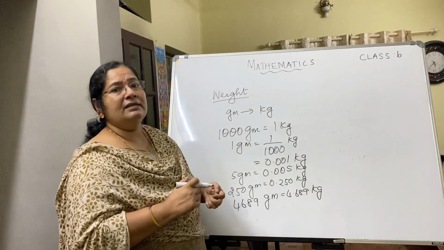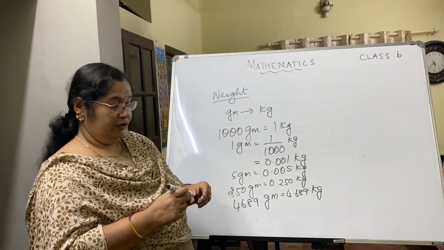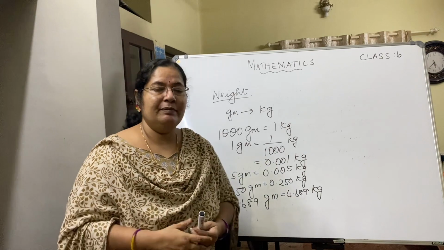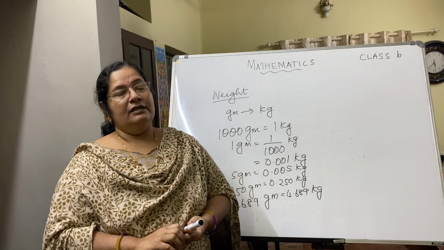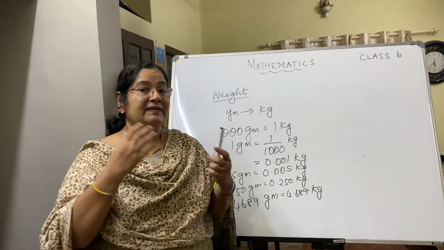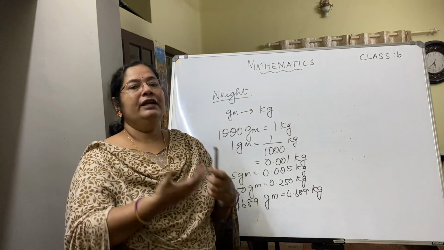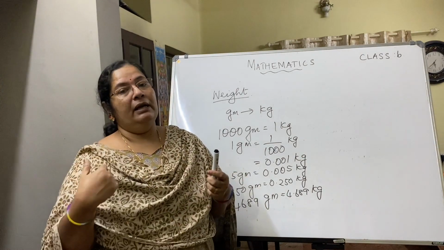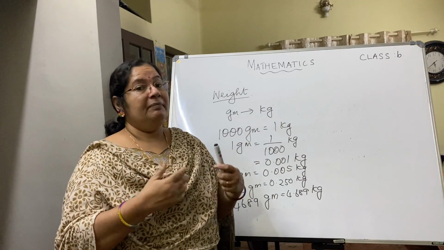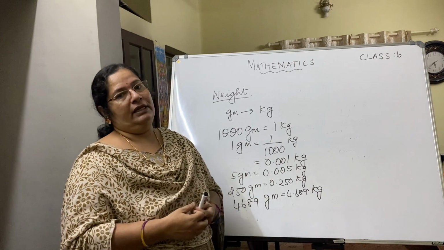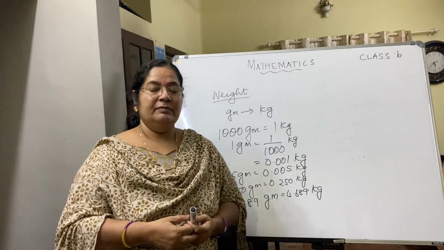So hope it is clear for you, the conversion of the different units of measurement, that is money, length and weight we have seen. So you have to keep in mind what are the basic relations, and based on that you are only shifting the decimal point towards the left, how many places depending upon the denominator. So hope the concept is clear for you.